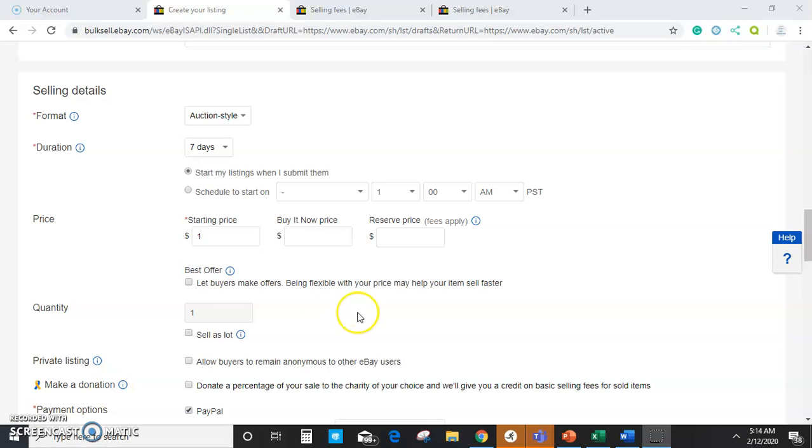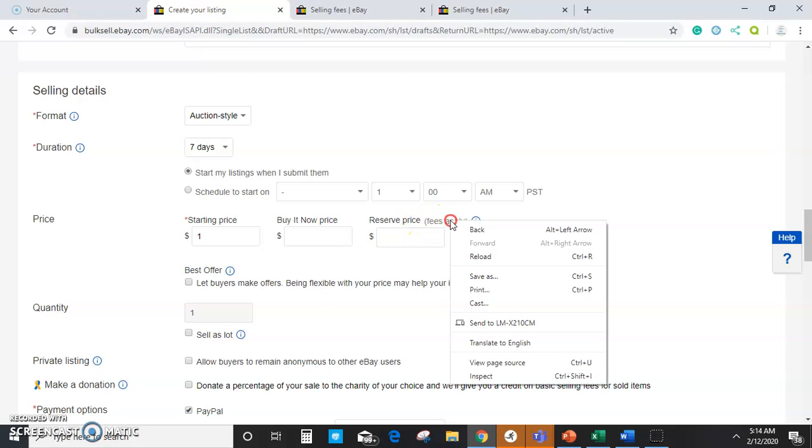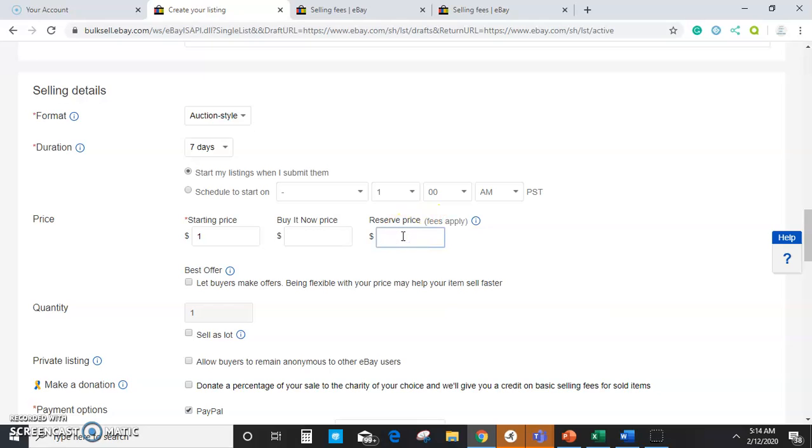Yes, you can fix this by setting a reserve price, but as you'll notice, fees do apply. The reserve price fee is 7.5% of your reserve price, or $5, whichever one is greater, which can be good, but only for more expensive items, and likely those that cost a good bit of money to ship. And as far as pricing an auction, I've heard of the 99-cent plus free shipping auctions,